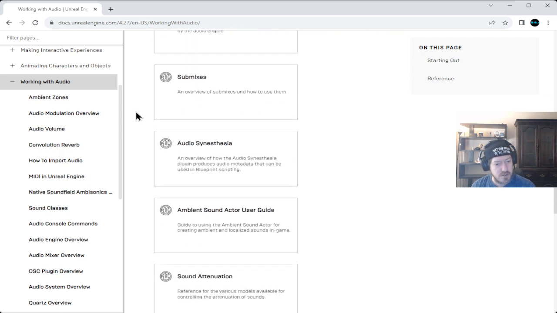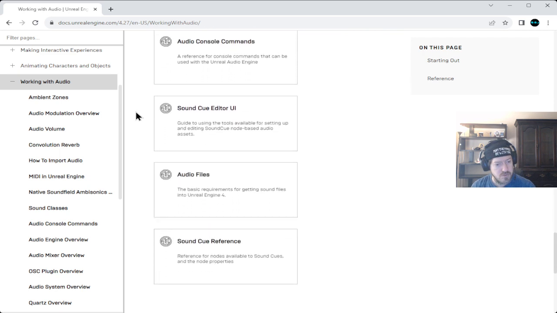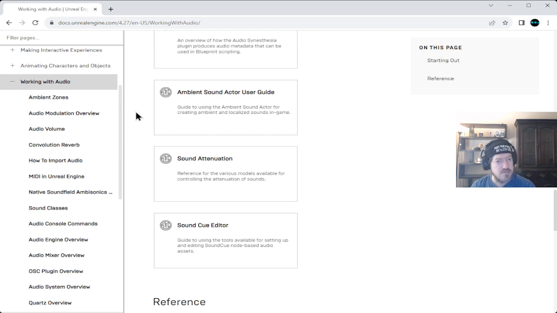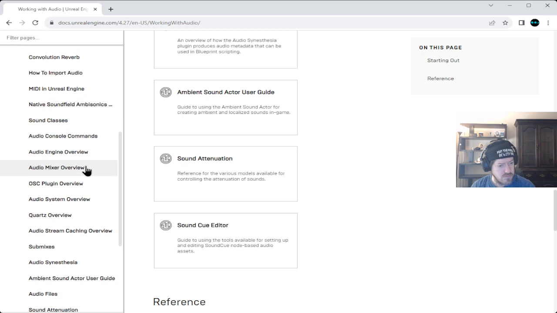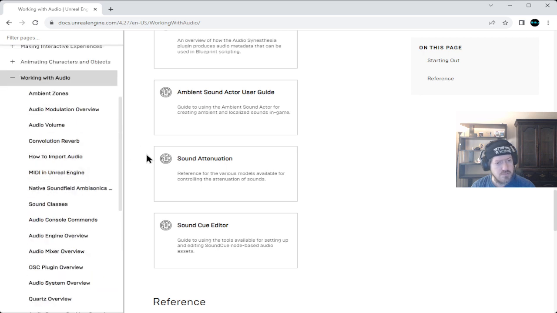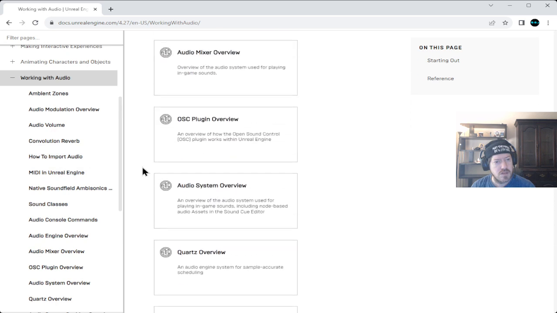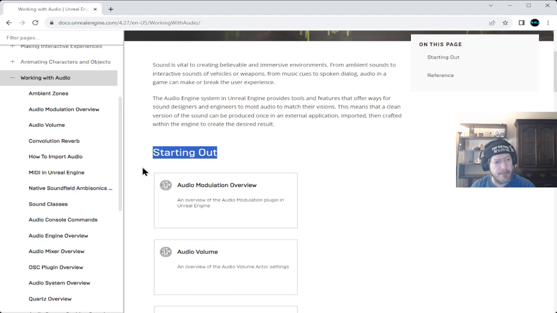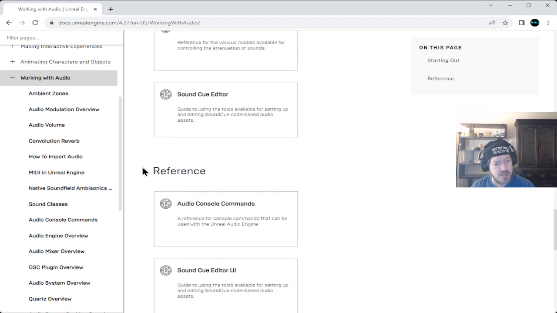I see ambient sound actor user guide, but ambient zones are not visible on this page.